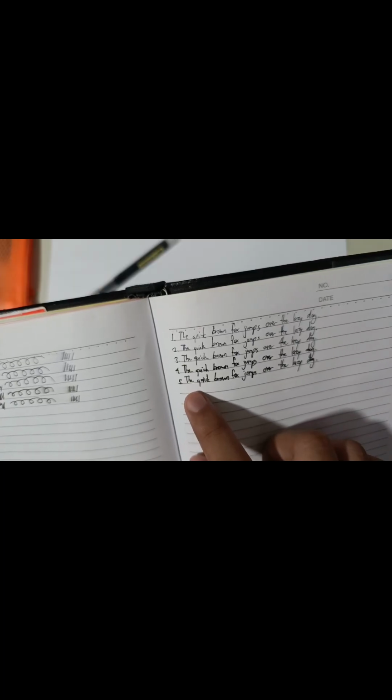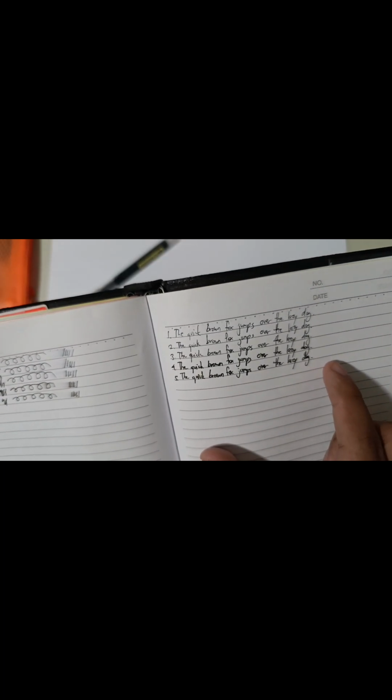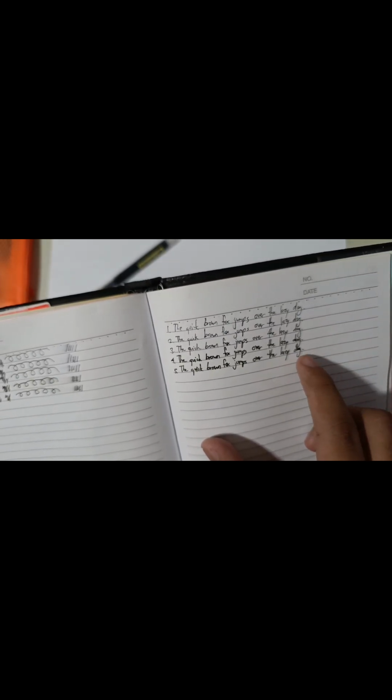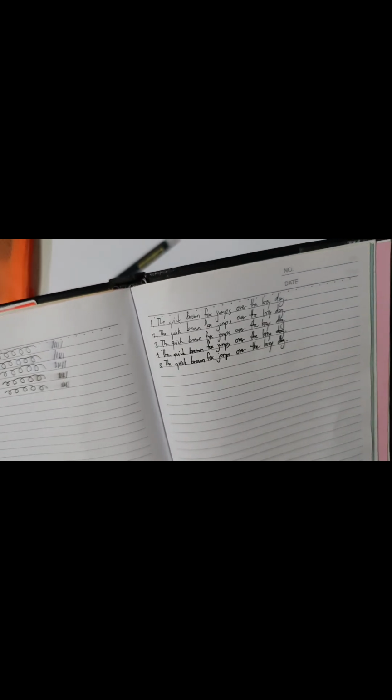But in terms of consistency, it's generally fine, although it does tend to be a little liquidy in some parts. So letters like the O and the G kind of get muddled together. Or maybe that's just my handwriting, because, you know, I'm that kind of guy. Also, since it's a rollerball pen that uses liquid ink formulation, it does tend to suffer a bit more bleed through. So you'd either use it on thicker paper notebooks or only on one side of